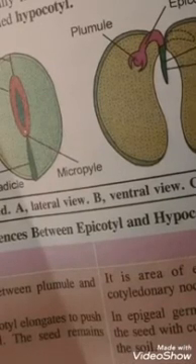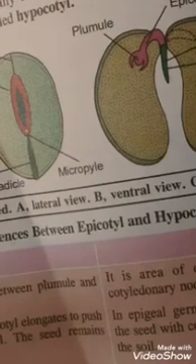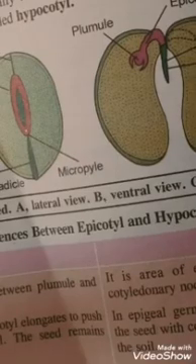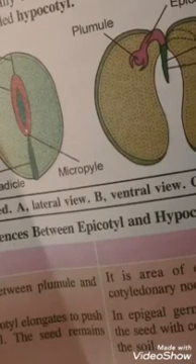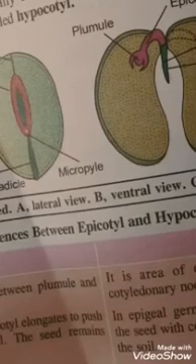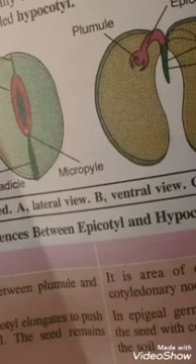Now hilum. Hilum means junction of the main body of ovule and stalk that remains as a scar on the seed coat. Next part, that is cotyledons. The cotyledons are generally thick and swollen with food materials. It means they contain reserved food materials, and the cotyledons may be one or two.